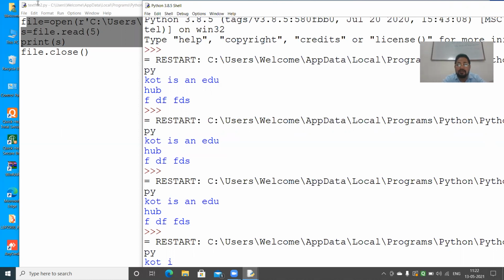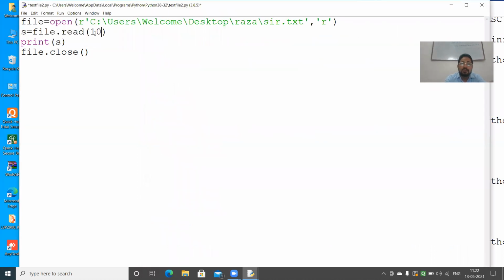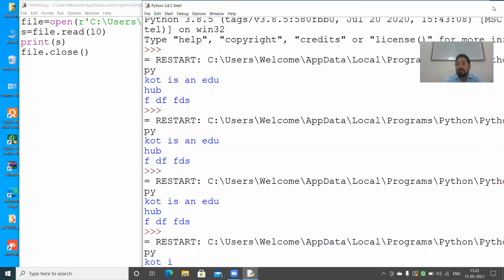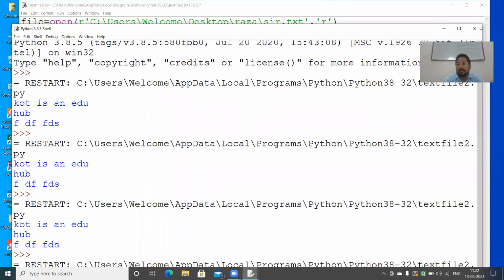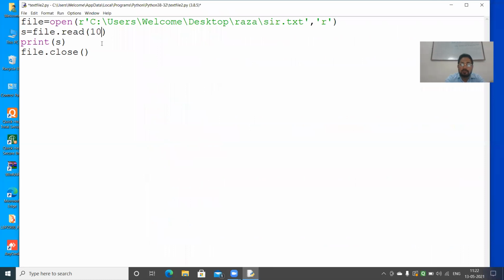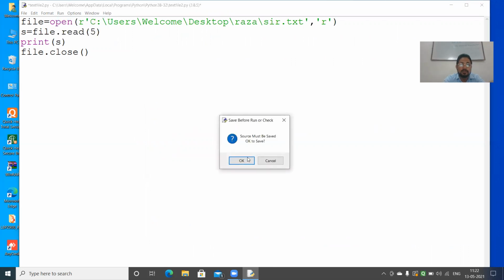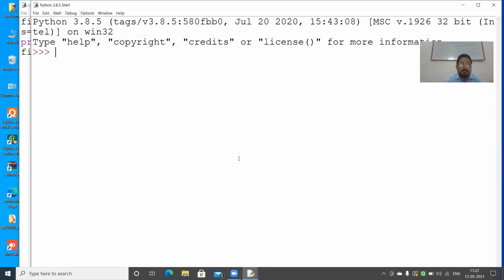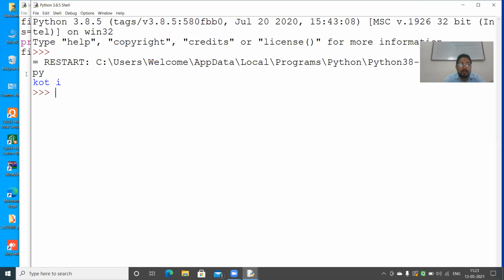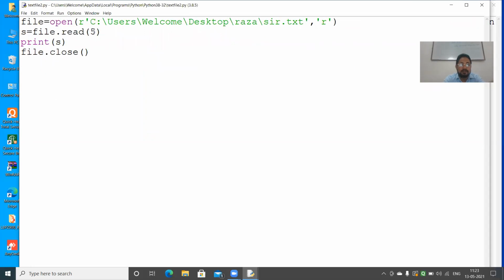Now you have mentioned 5. If you give here, suppose 10, it will read 10 bytes. Wait for a minute, now it is not going to read everything. So suppose I give here 5, it will read 5 only. And if you give here 10, that means 10 bytes.